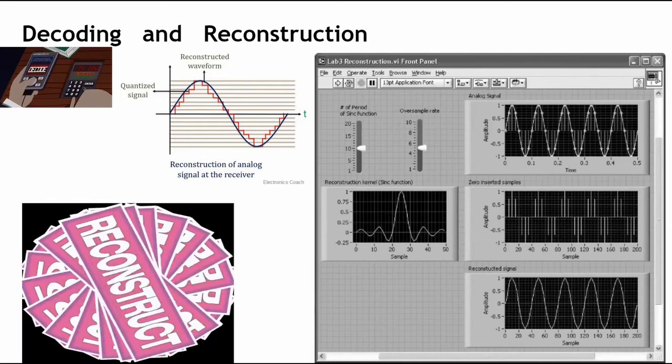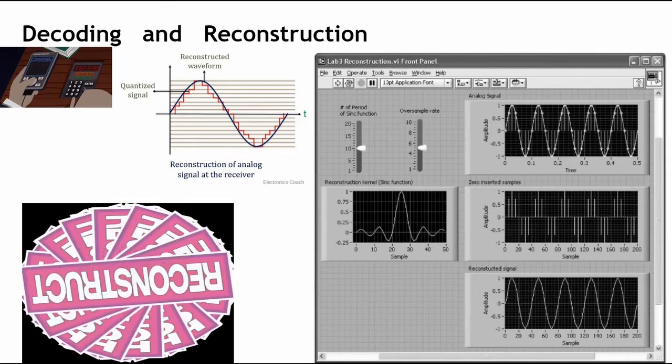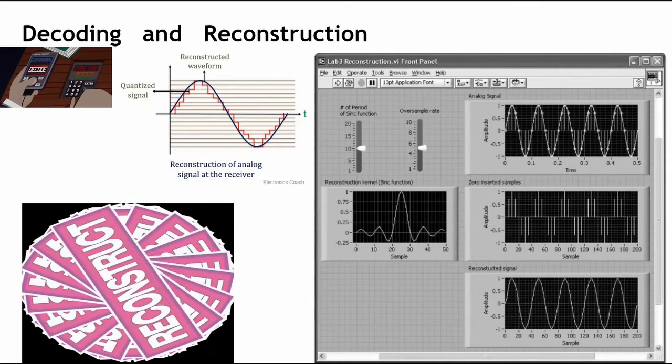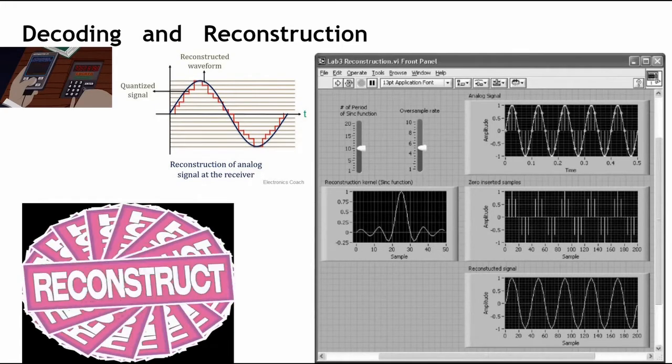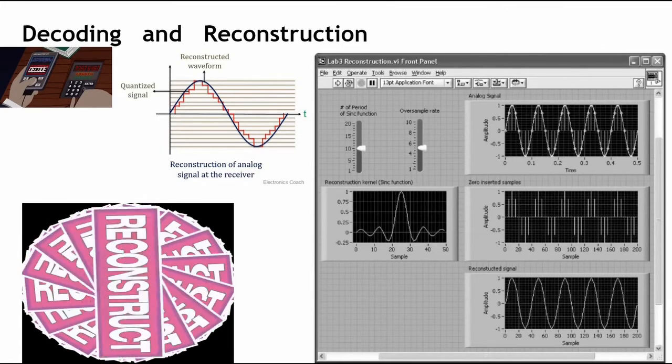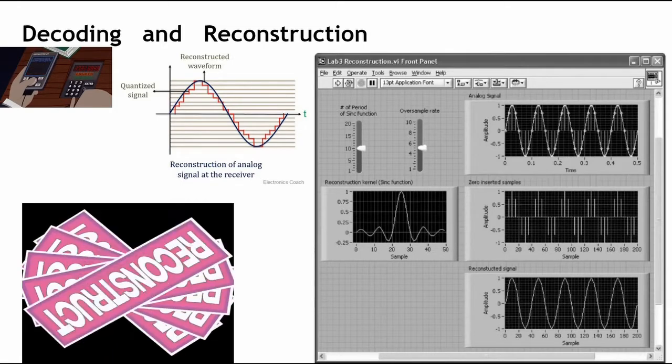Next stage is the decoding. The output of a decoder is a staircase approximation of g(t), similar to flat top sampling, except the sample values have been quantized. In other words, the output of a decoder is a waveform g_q(t).